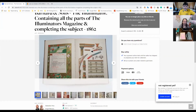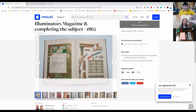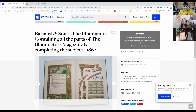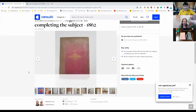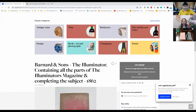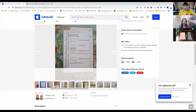Not surprising because it was sold. Is it stated anywhere here? I'm not sure. Some time ago. Experts estimate 150 to 200 pounds. Yeah, euros. So that's the same book you saw a bit earlier. Perhaps you could tell us what it is. Winning bid was $60. I don't know why there are euros and dollars over here, but yeah, that's a book about medieval illumination